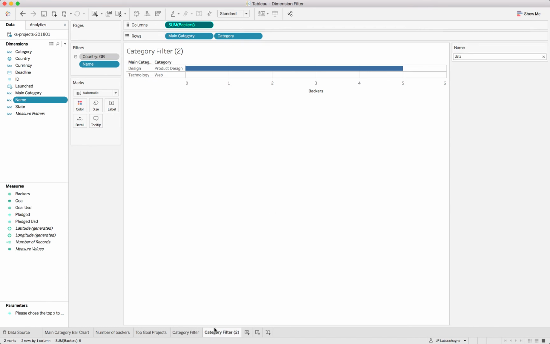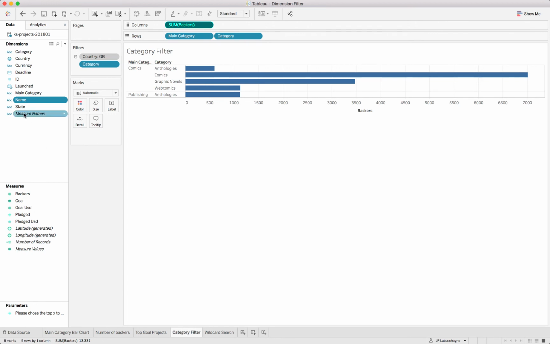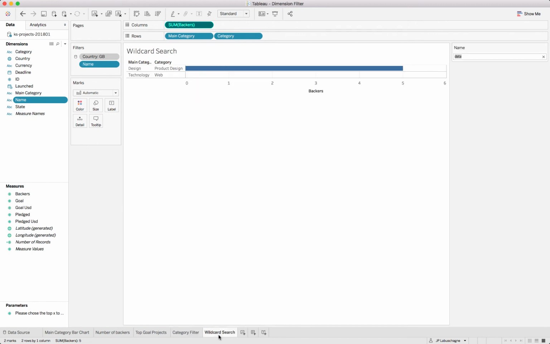If we just, or we can call this the wildcard search, and we will save that as well. What we can also do, just go back to our category filter. So what we can also do to make this nice and